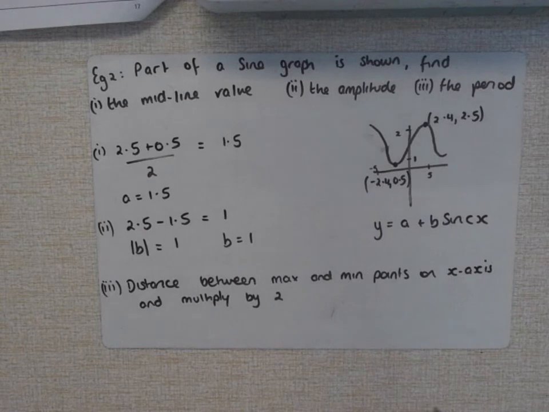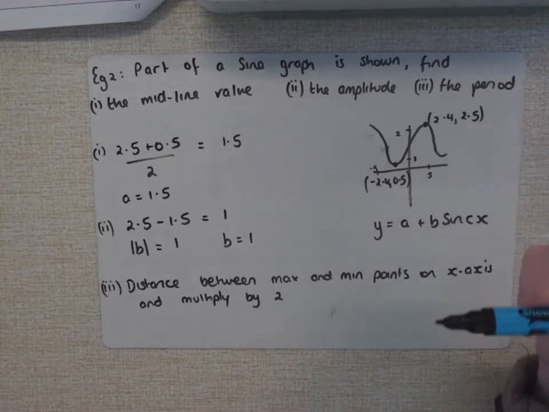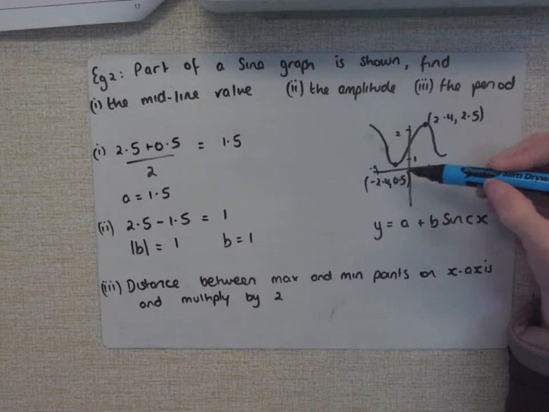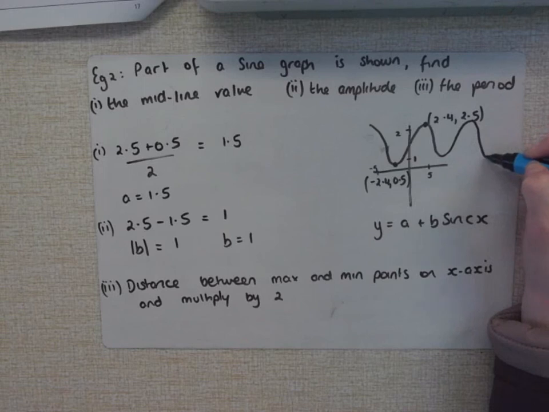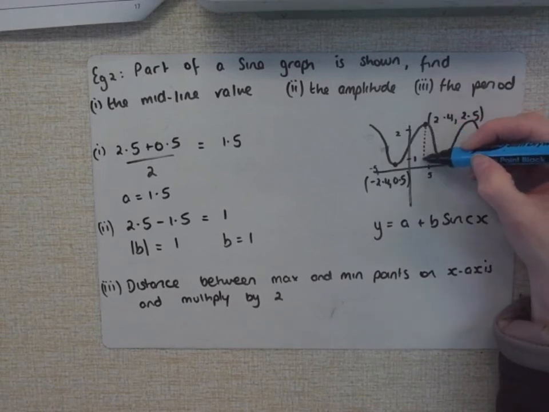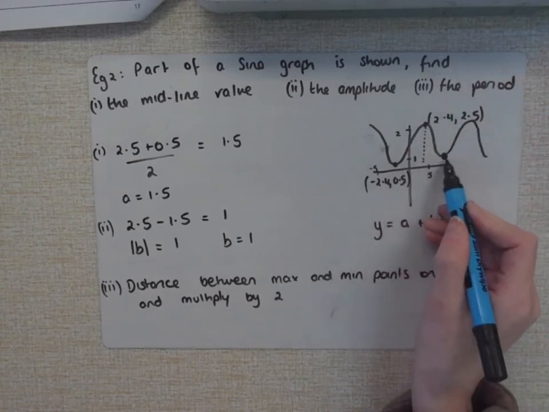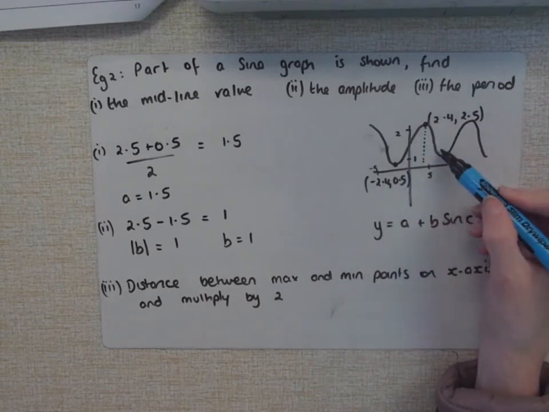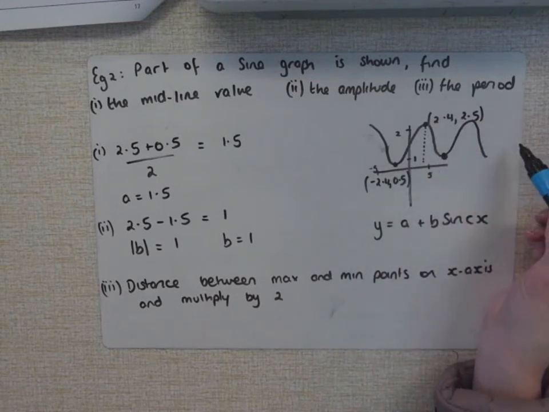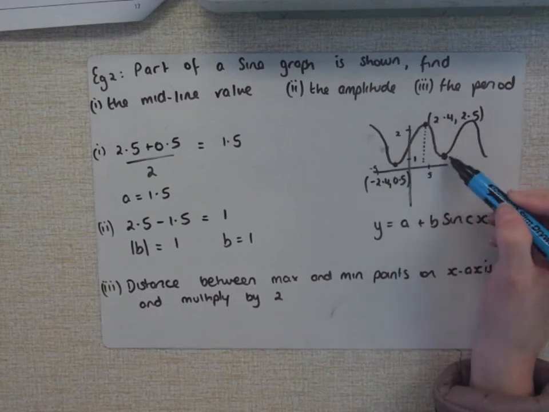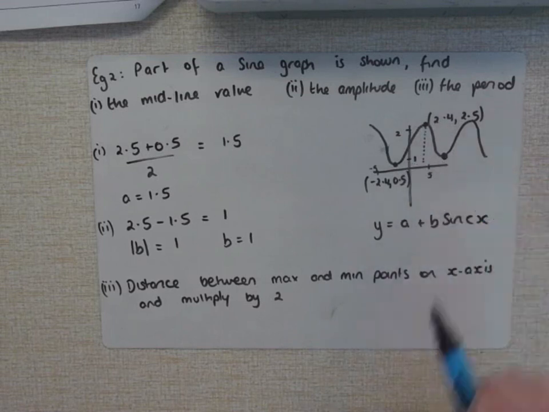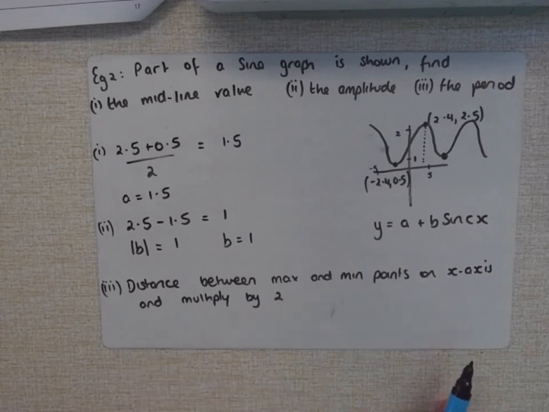And why multiply by 2? Because we know that the period is where it starts to repeat again. It hasn't started to repeat between those two. But if I was to continue drawing it, okay, that distance would be the same, and it's after that that it starts to repeat again. Okay, so the distance between the highest and the lowest you multiply by 2 because that's the same distance from the highest to the lowest over here. Okay, yeah. So let's get the distance